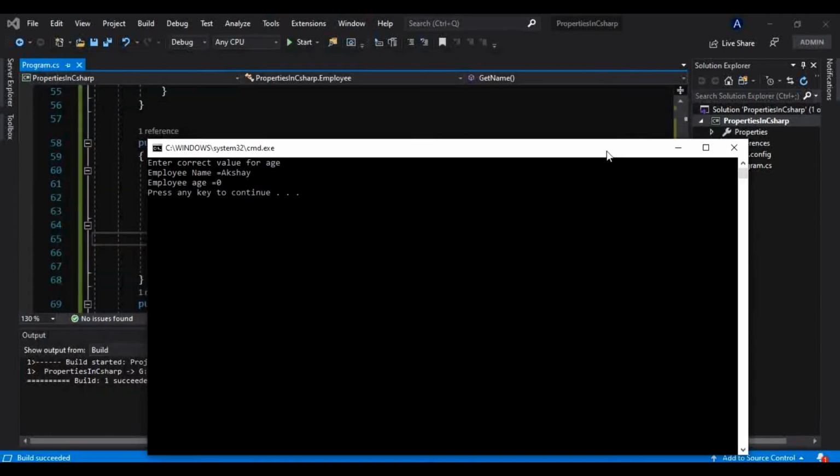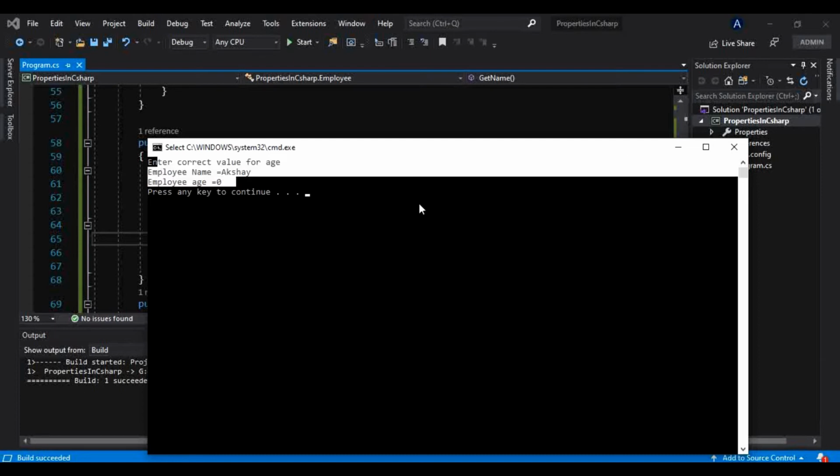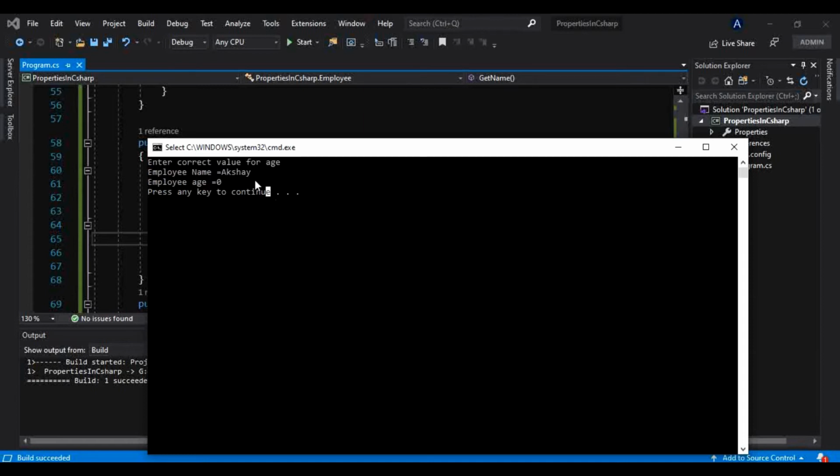Okay, so if you can see here, it is providing one message, that is enter correct value for age. And why is it letting our program run even after that? Because we have not thrown any exception, and I have told you why we are not doing that. At that time I told you that we will be learning exceptions in a later video, so that's why I have not thrown any exception. So that is why it is letting our program run even after this message. But it is still providing the message, enter a correct value for age, and it has not let that -25 be initialized to our field. That is why it is getting employee name equal to Akshay correctly, but in employee age, what it is initializing is 0.